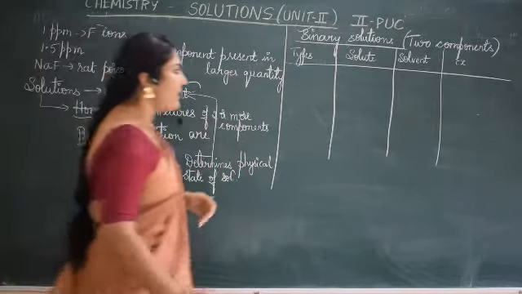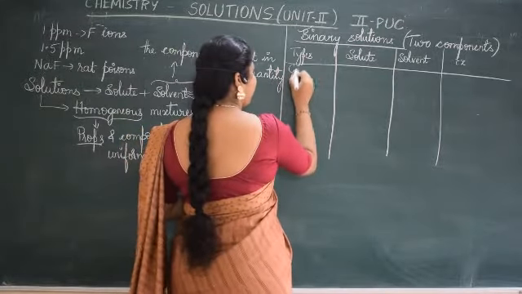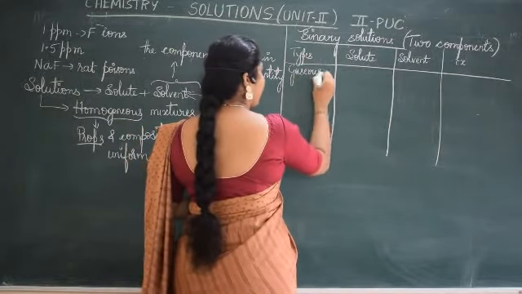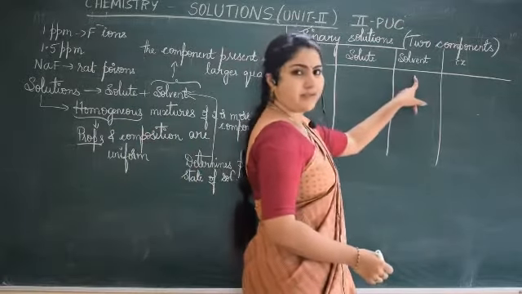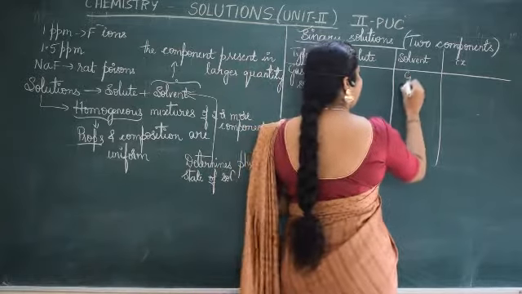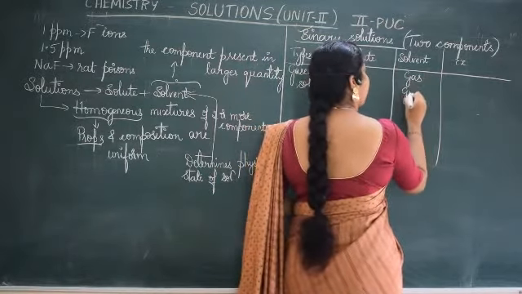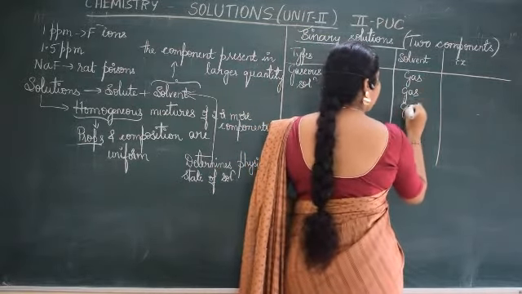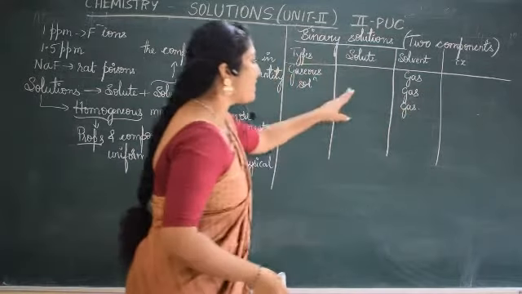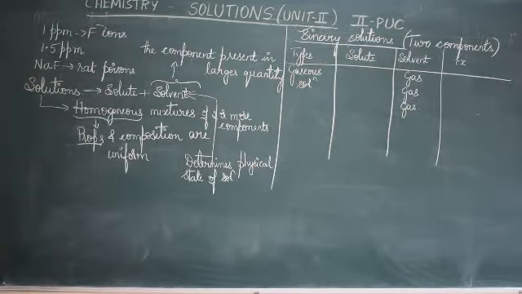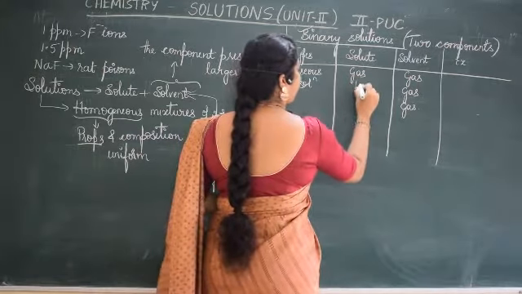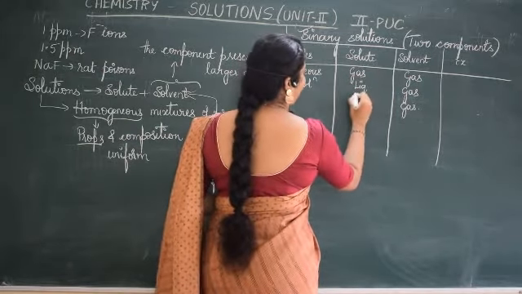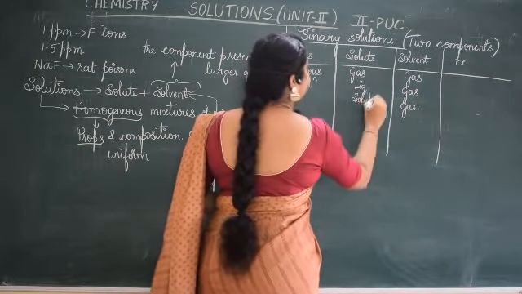Likewise, first we will study gaseous solutions. First type which we study is gaseous solution. So what will be the solvent? Three possibilities we will write. Solvent is gas in all the three cases. Then we call it gaseous solution, isn't it? And the possibility of solute, it can be a gas, liquid or solid.